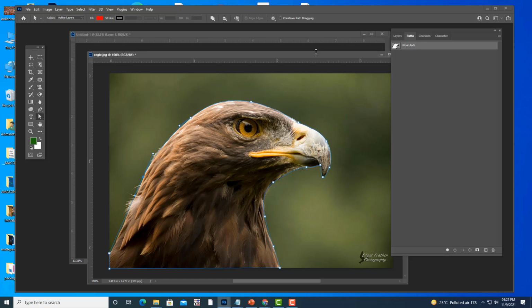But if you have a very complicated background, like trees and mountains and water, everything in the background, at that time we can go for the pen tool. But still I will not say it is a perfect selection tool. For some objects the pen tool is better.